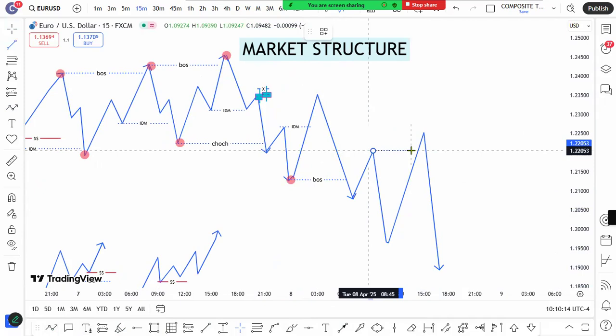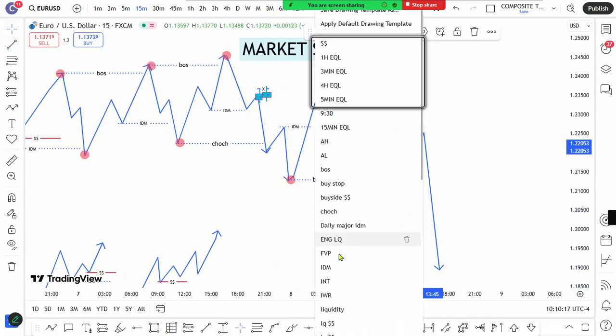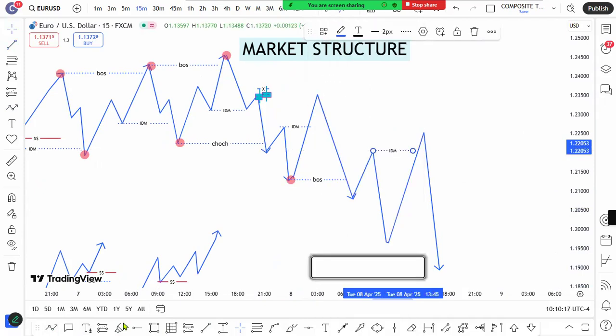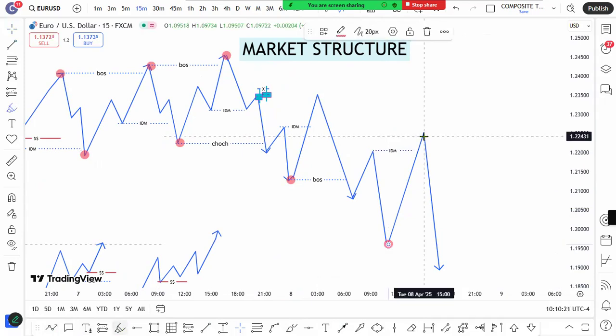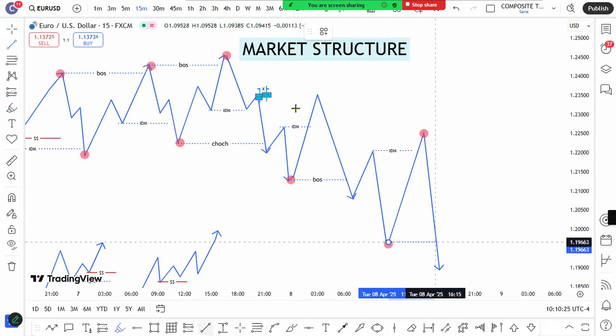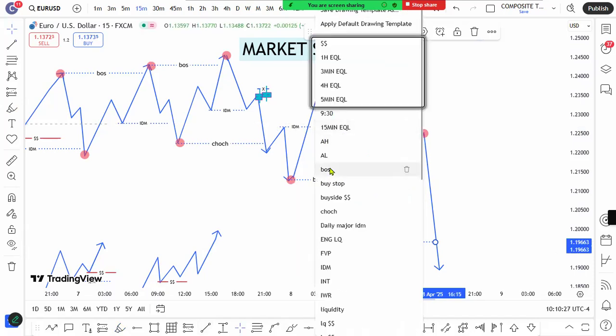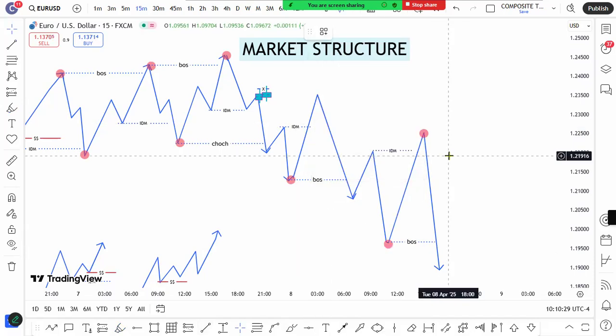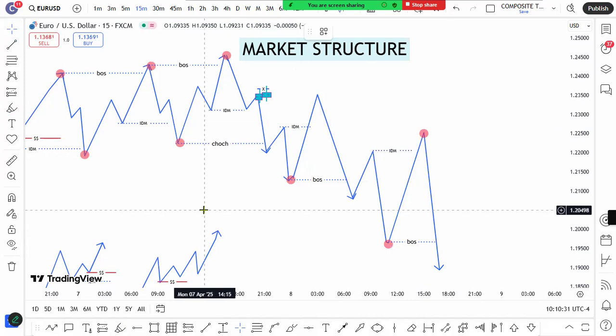This inducement, and this is your lower low, this is your lower high, and you get a new break of structure here, BOS here. So let's do this practically in the market and be able to see how we can identify the market structure using the correct